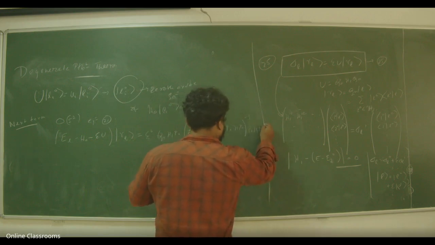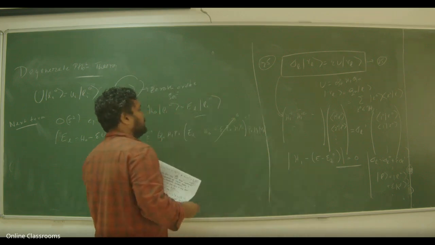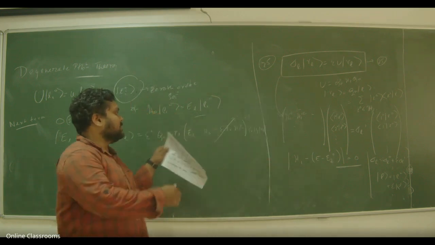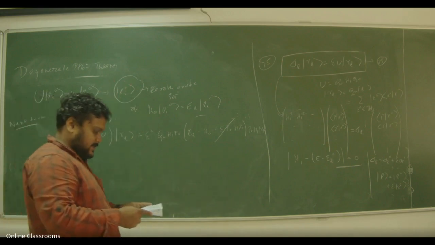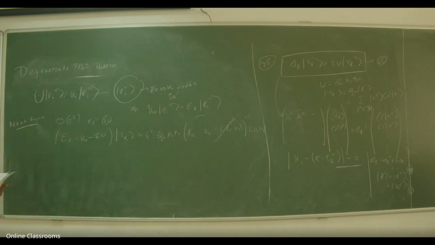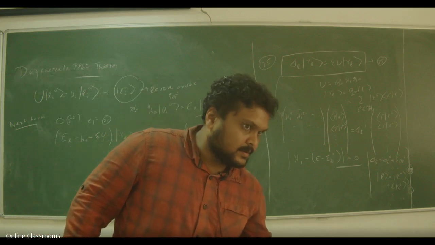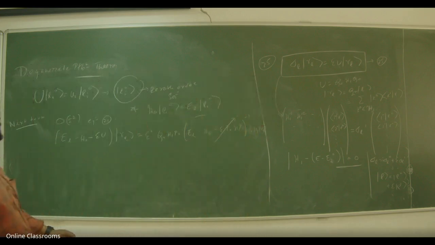H1 RL. Notice I can throw away this term, right? I can throw away this term because if I expand it, this will make me epsilon cube. I don't want that epsilon cube. I want to stay within epsilon square. So if I rearrange these terms,